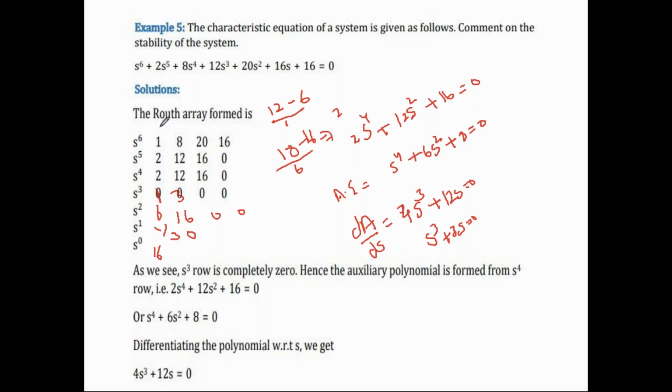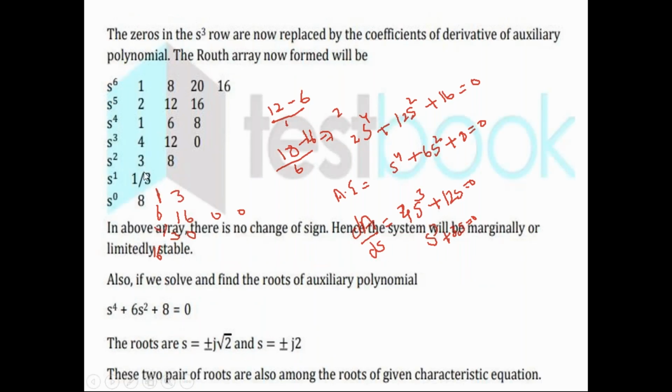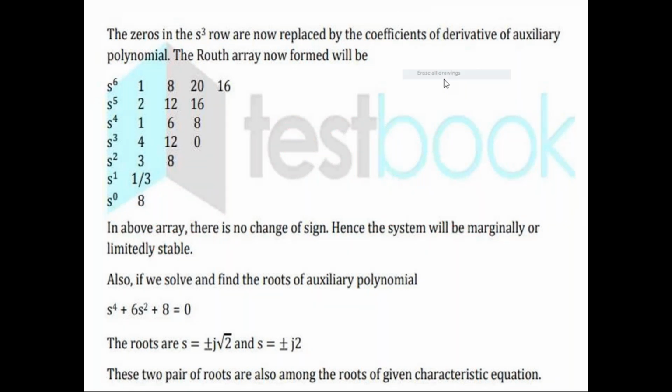Now let me see whether this procedure is correct or not. So you will see in the next slide. Right, see here. This is the term we got here. So ఇక్కడ 6 16 ని వాడు డివైడ్ చేస్తున్నాడు. 2 3 are 2 8 16 అని. సో మా ఫైనల్ 8 వచ్చింది. No problem. But you can observe here the first column is all terms having the positive sign, right? See, in the above row, there is no sign change. Hence, the system will be marginally or limitedly stable.